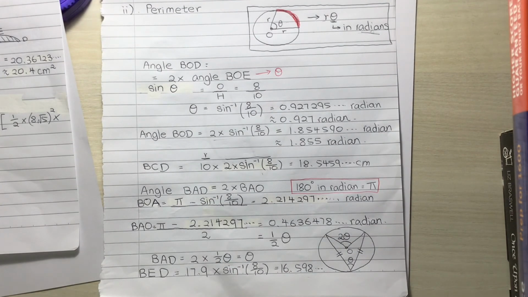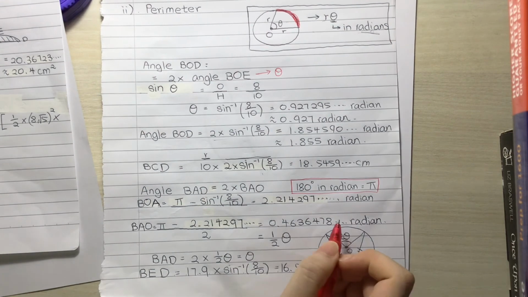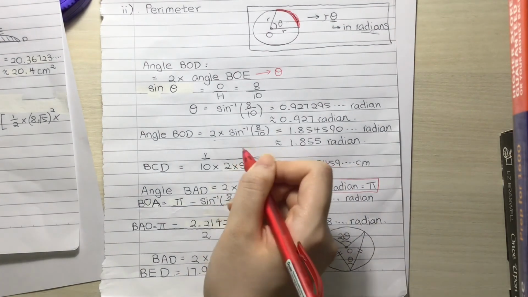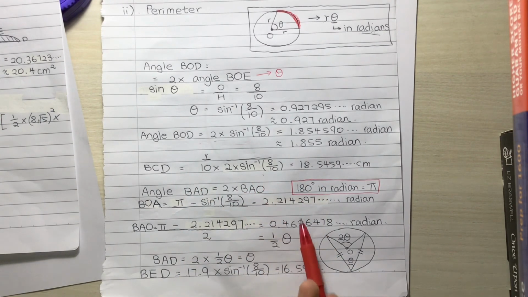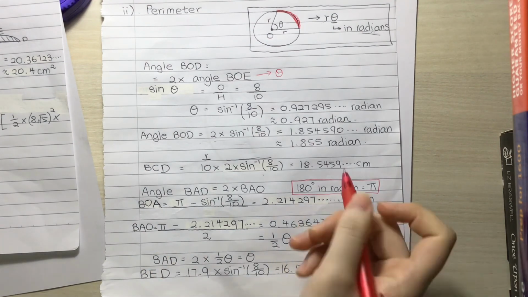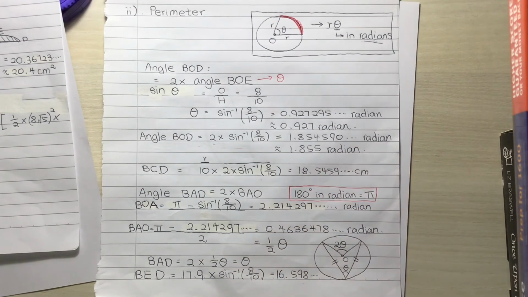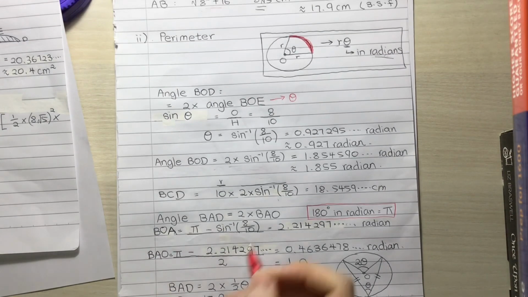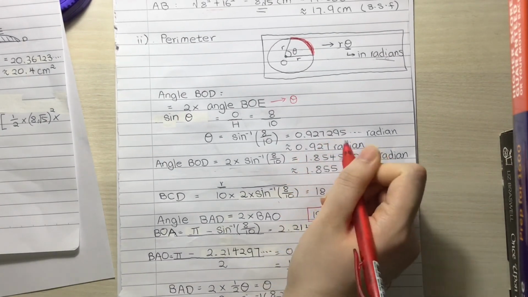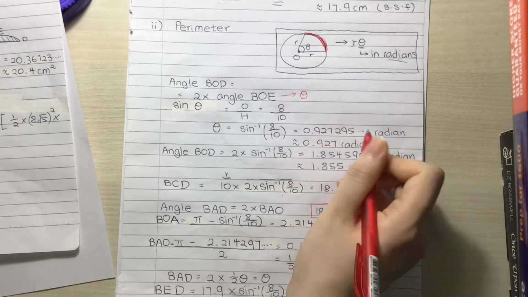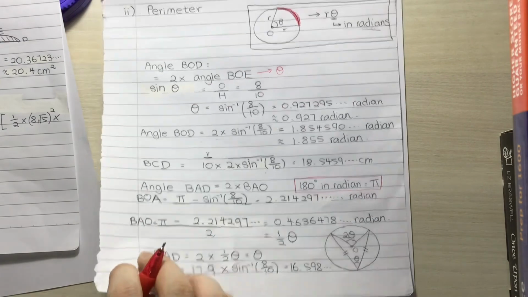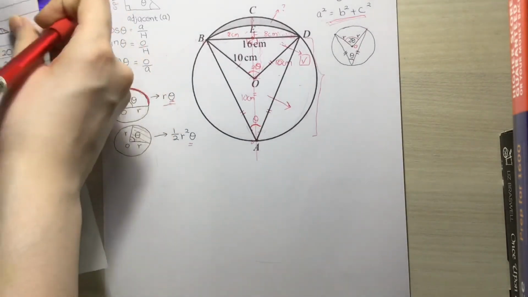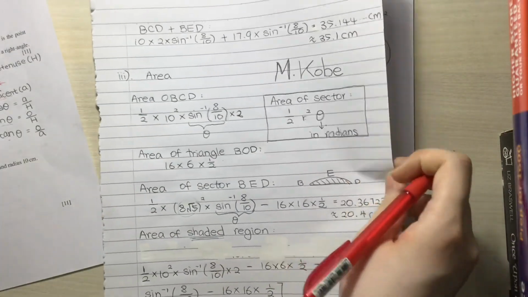And then you may also realize that I tend to write down the entire expression into my formula because I think it will give me a more accurate answer. But of course, you can choose to round it up to 3 significant figures or 4 significant figures. So this is the approximation. So this is the result after I round off, and this is the number that I've gotten from the calculator. You may take a look at it, and then, of course, this is the last part. The area